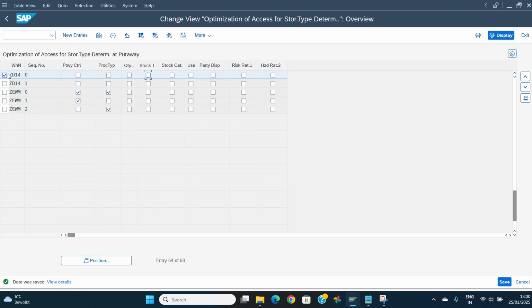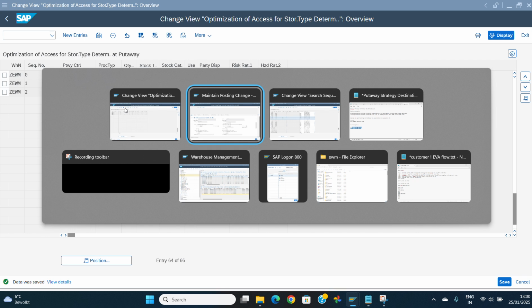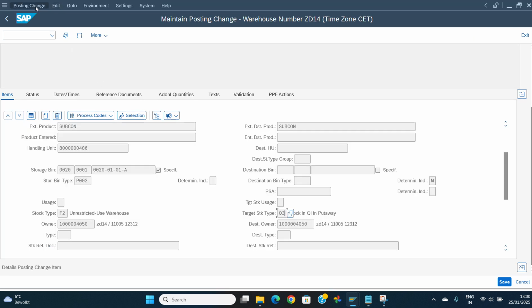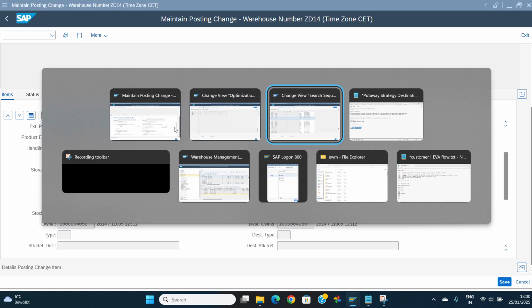Or we can, let's say, delete the entries altogether. So all we are doing is we are manipulating the data in this screen, and based on this, you can see the impact. The search sequence or the strategies sequence of